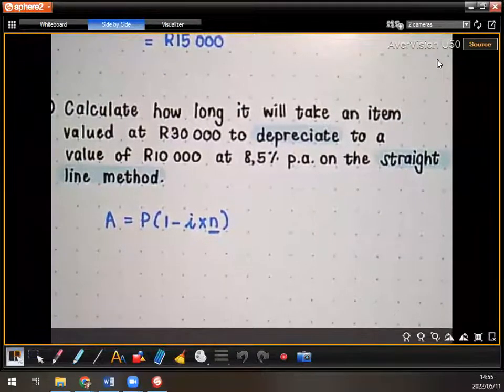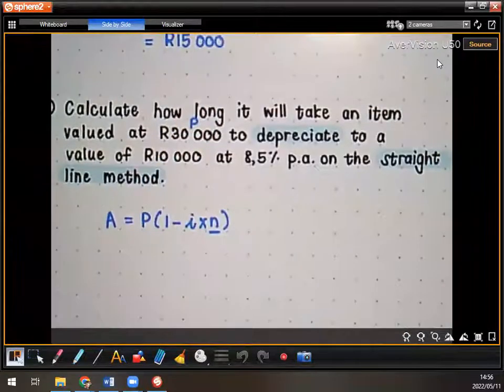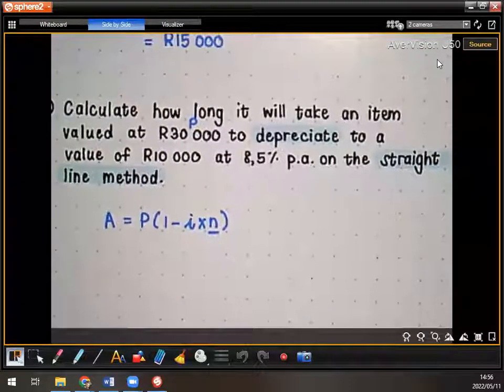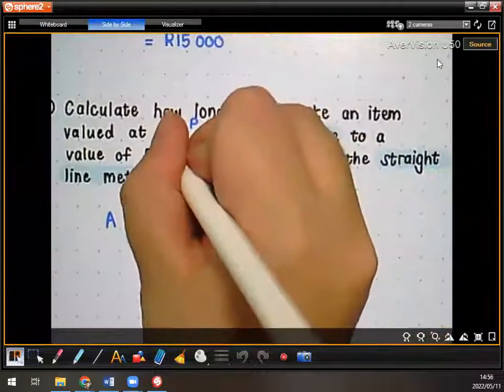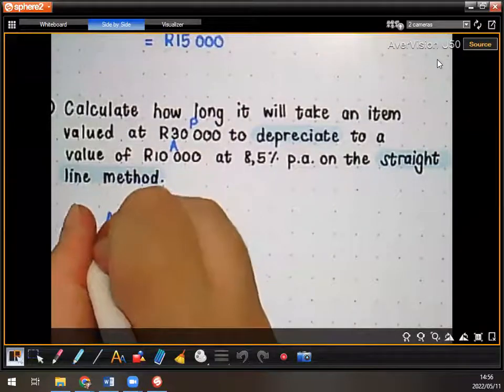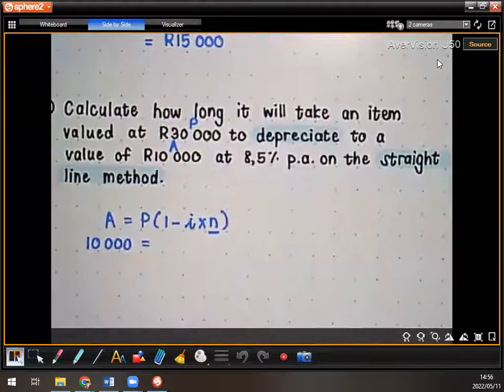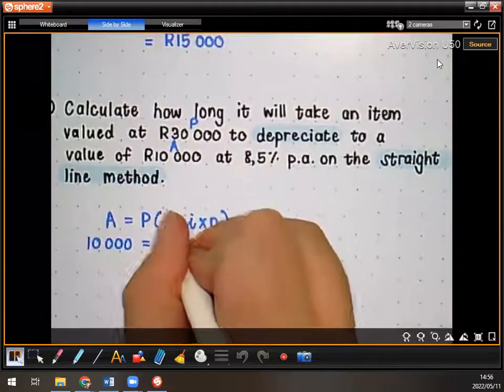So what is the original value of this item? 30,000, so that is our P value. The after value, the value that it has after however many years, that's 10,000. So we have 10,000 for A equal to 30,000 for P,